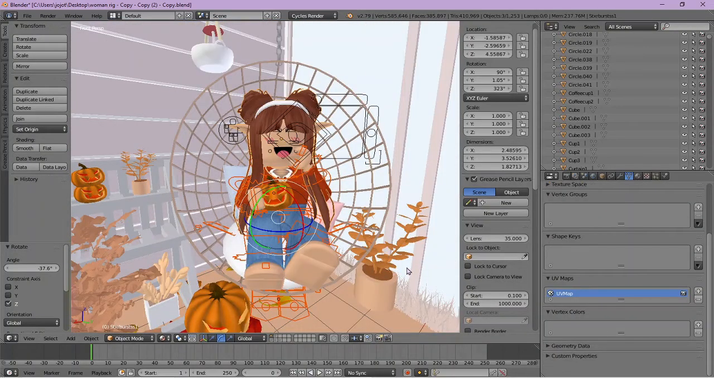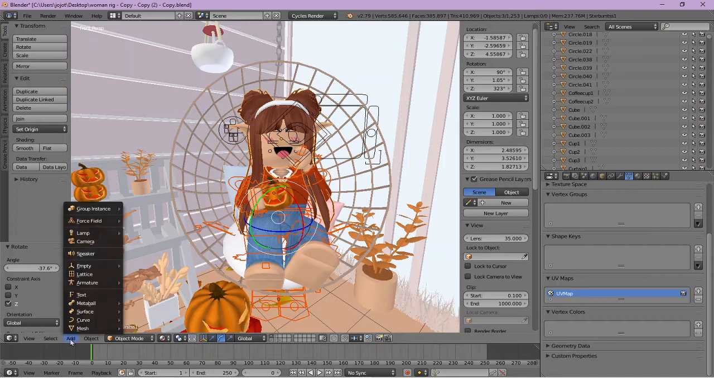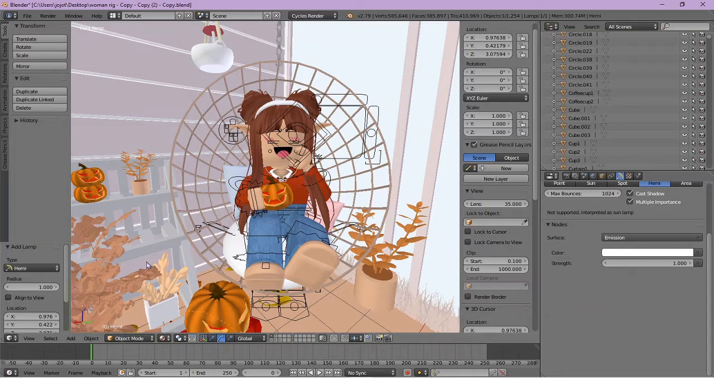Okay, so once you are finally happy with how you posed it, and you want to add light because when you render it, it's going to be very dark. So what you do is add a lamp, which you go add lamp, and you could do any one of these. I do Hemi. Also, you could do an HDRI, but I think I'm going to do a tutorial on that